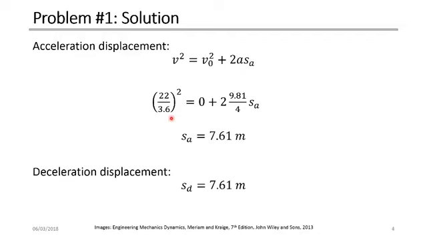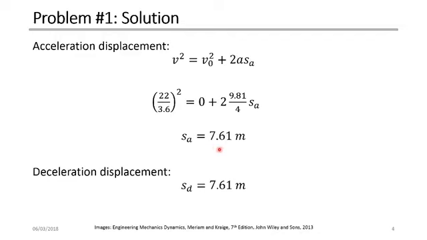The final velocity in the acceleration part is 22 kilometers per hour divided by 3.6 to have it in meter per second, and this is squared, equal to v0, which is 0, plus 2 multiplied by the acceleration, 1/4 g, multiplied by the displacement. If you calculate the displacement here, you will find that the elevator takes around 7.61 meters